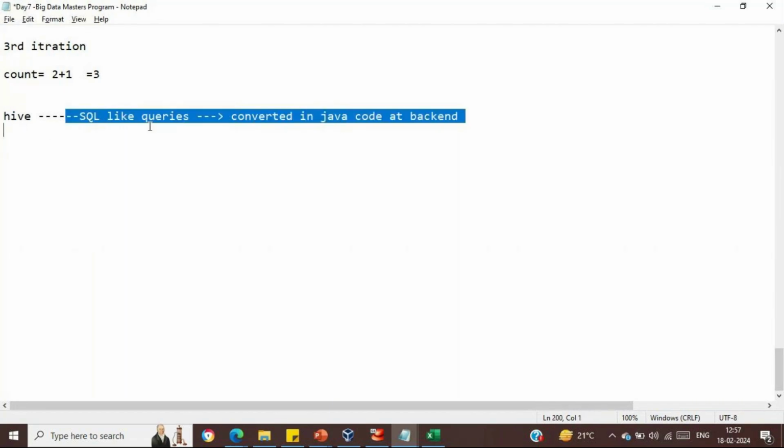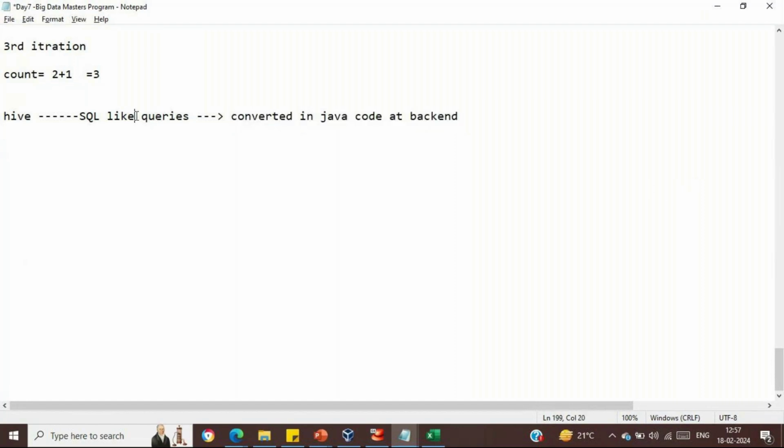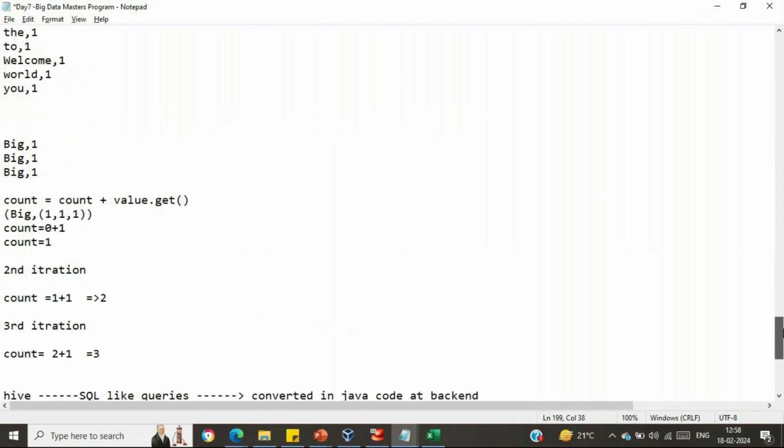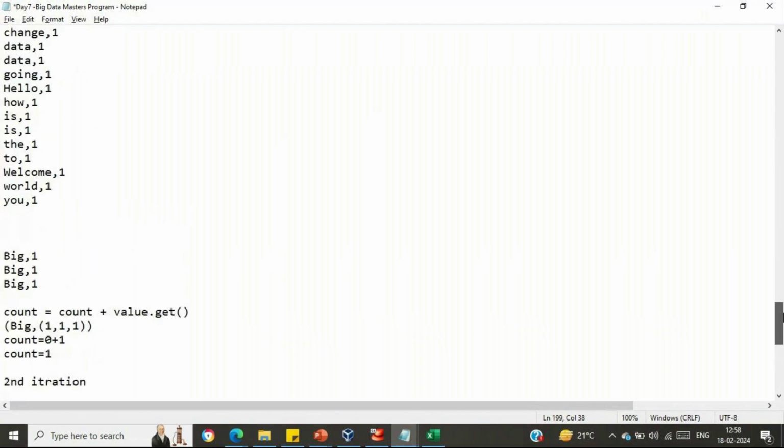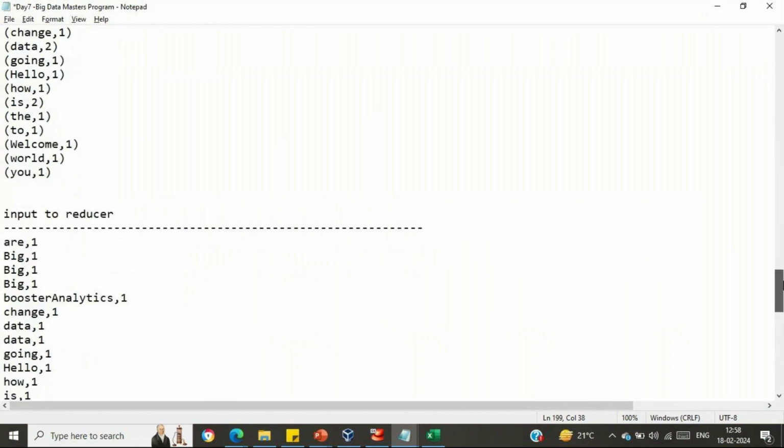Okay, if we are writing SQL queries, we will see how these queries function, how the mappers are being generated, and how the reducers are working. We will see mappers, reducers, all of those things over there. So in order to build your base, I'm giving you a feel for how to write the code